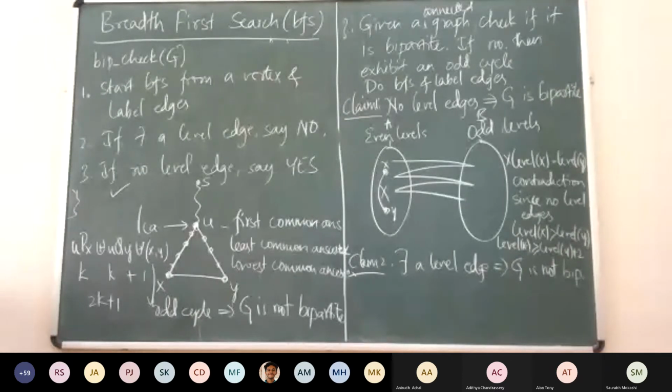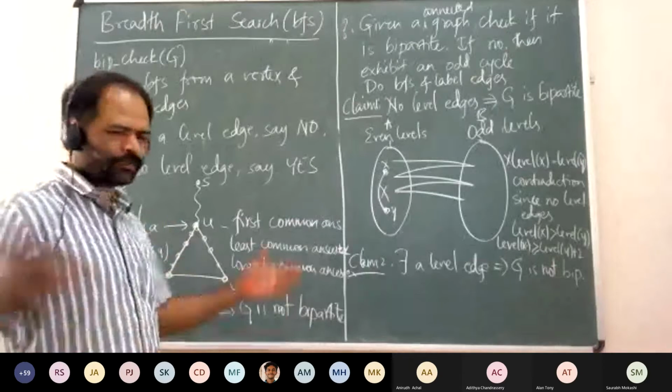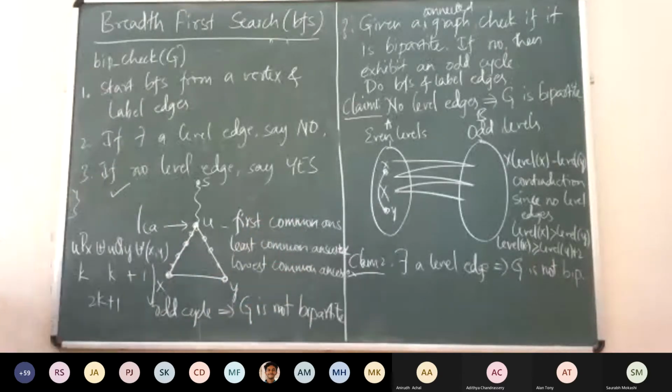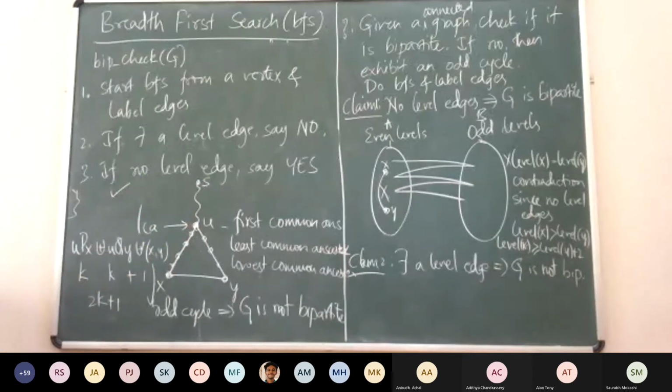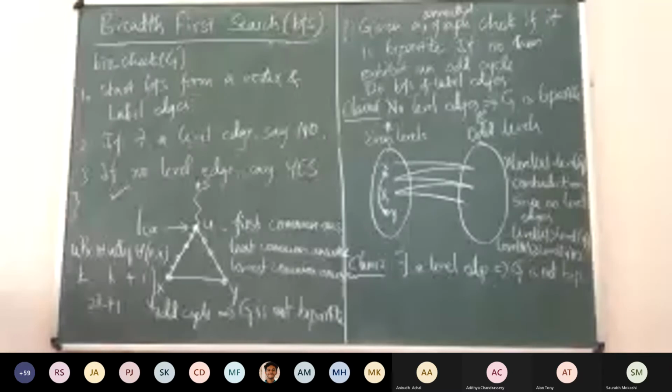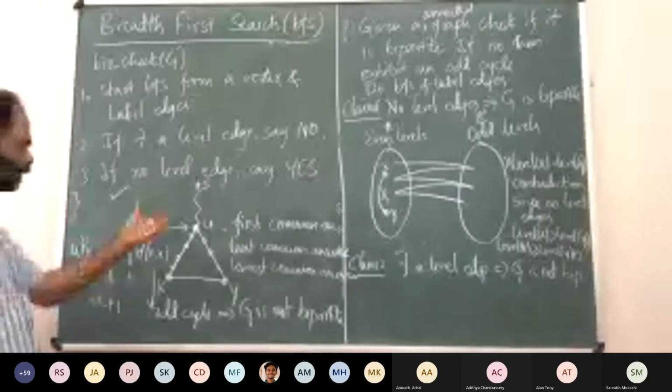Or we can just do it simultaneously, and whenever we get the same vertex, we are done. You can start with a for loop, finding the predecessor pointer. If these are at level k, find something at level k minus 1, k minus 2, k minus 3, right? At each step you keep checking if they are the same vertex. The first time you find it, you break the loop, and that will be the least common ancestor.